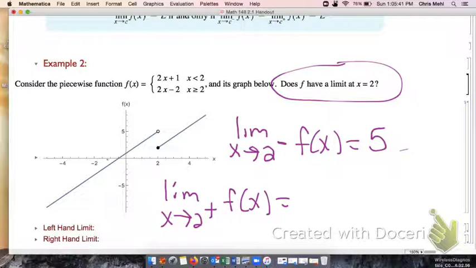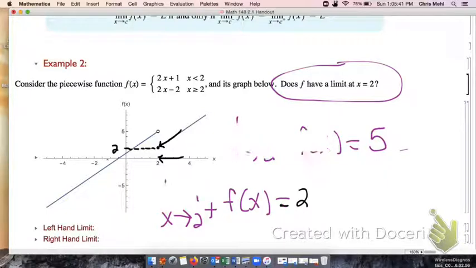But now let's look at the right-hand limit. As I approach 2 from the right, and I follow the graph, the function values or y-coordinates are approaching, if you look on the y-axis, the value of 2. So the right-hand limit is positive 2. Those are different. So since the left-hand limit and the right-hand limit are not equal,